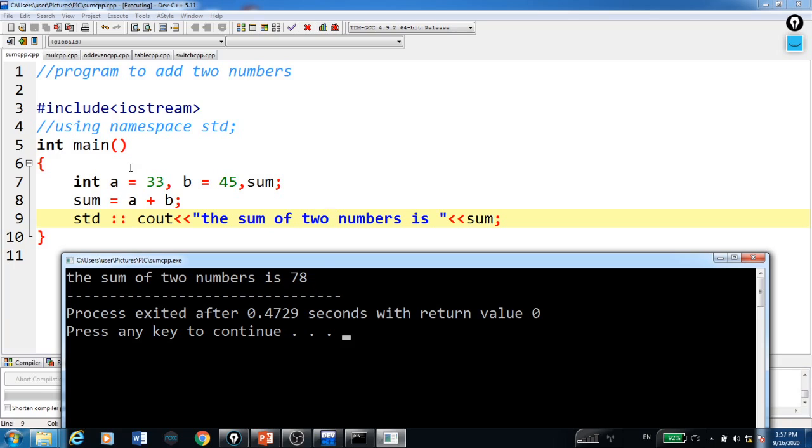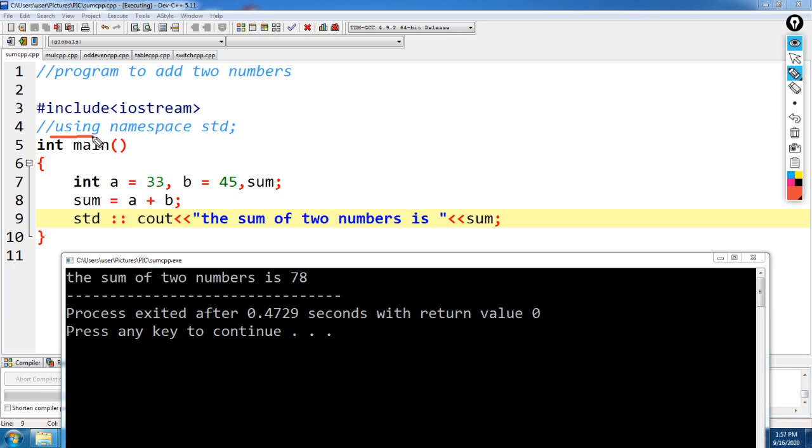If you are not writing using namespace std, then before this cout you have to give the std object and the scope resolution, right? And if you are writing using namespace std, then directly you can go for the cout and the insertion operator.